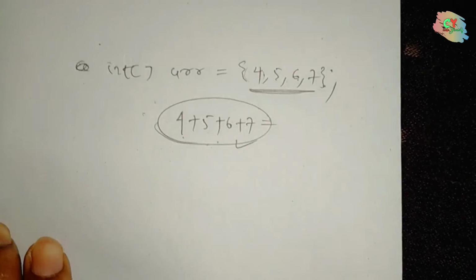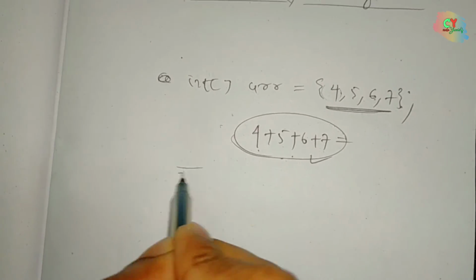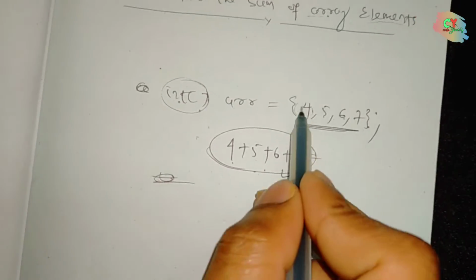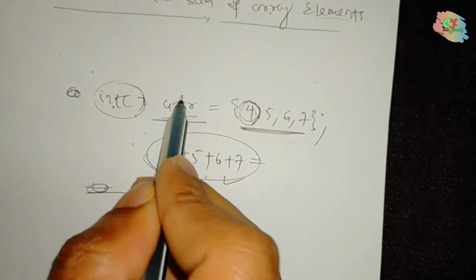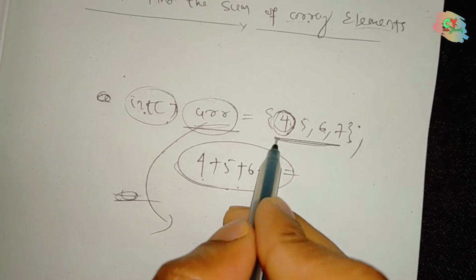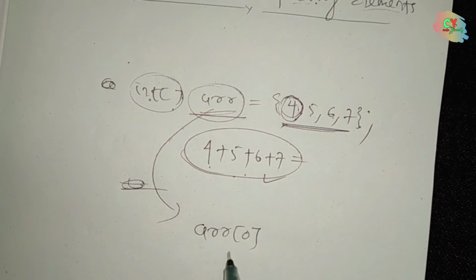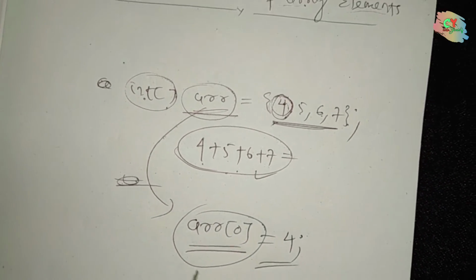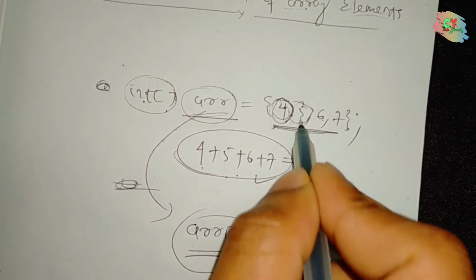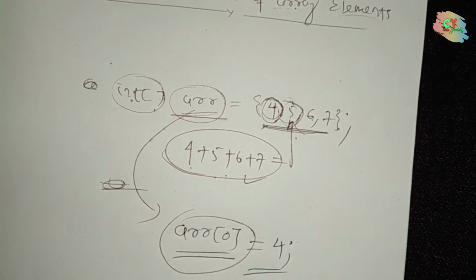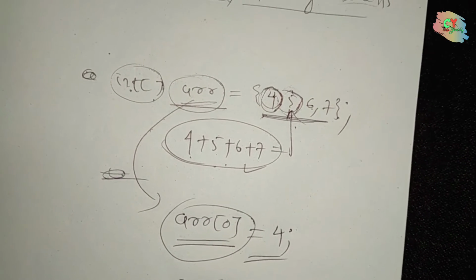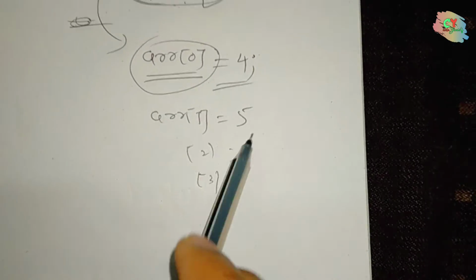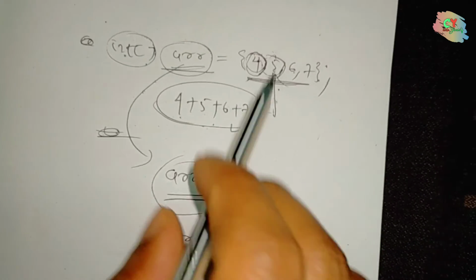Okay, how we can do that? Now we are going to discuss that. See here it is of integer type. How we can access the first element of this array? Here we can do it by writing arr of 0. If we write this, then it will give the first element, that is 4. Then if we want to find the second element, then we can write arr of 1, 5, like this, arr of 2 and arr of 3. Likewise we can find all the elements present in the array.